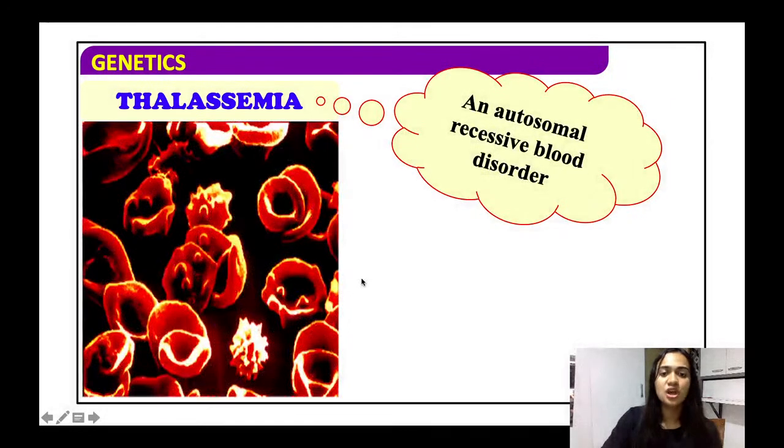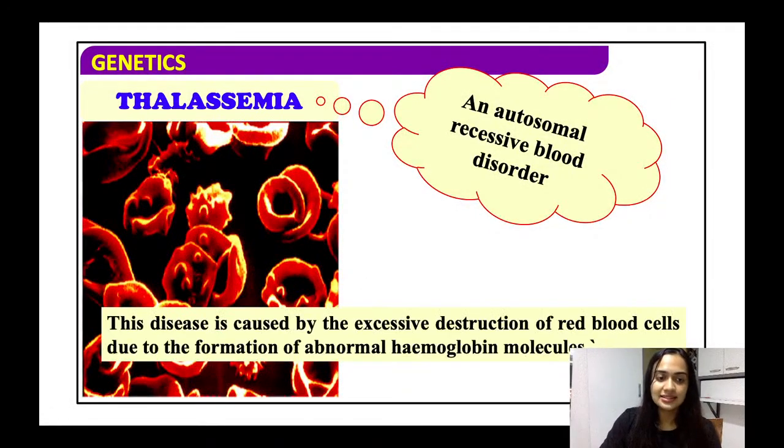Now coming to another disease known as thalassemia. So this disease is caused by the excessive destruction of the red blood cells due to the formation of abnormal hemoglobin molecules. इस थैलेसीमिया में क्या होता है, जो हेमोग्लोबिन मॉलिक्यूल्स है ना, ये होते हैं अबनॉर्मल कंडीशन में।